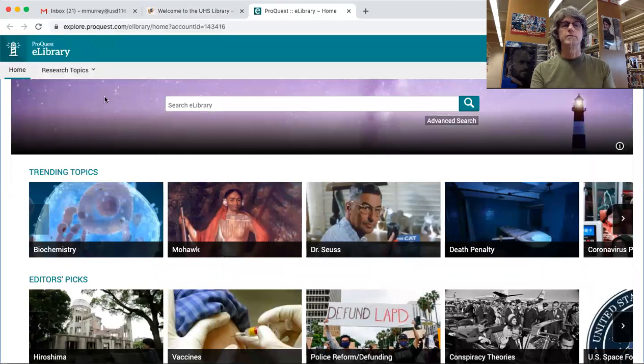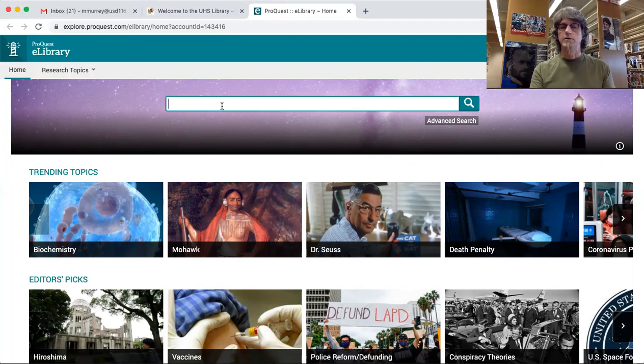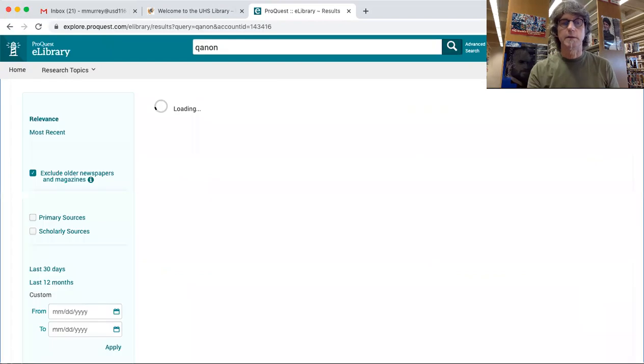When it comes up, notice it's fairly straightforward. There's a search bar up here where I'm going to do my search. I'm going to assume that, say, I've been asked to research this topic that's come up in the news in the last year or so, but especially of late, called QAnon, which is a conspiracy theory, a baseless, far-right conspiracy theory that's been in the news lately. So if I type in QAnon, and then I hit my return button, or I can click up here,